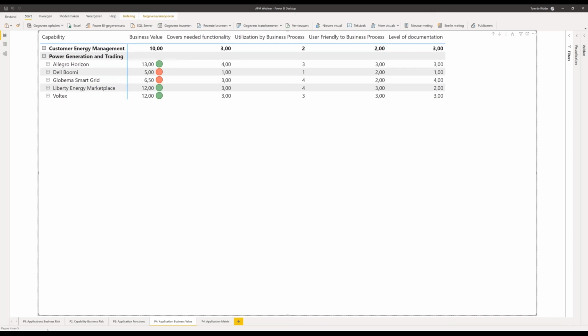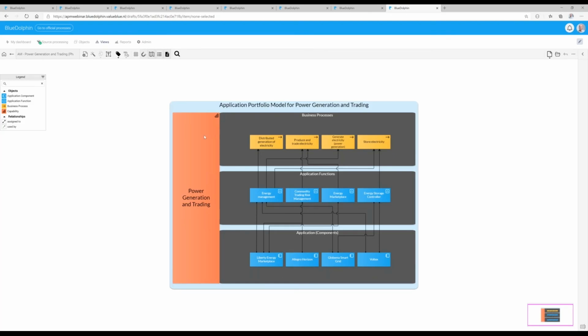Now that we have connected the business processes as well, we can also go and finish our application portfolio management model for power generation and trading. And we have a full stack of applications and application functions and business processes connected. Because we have applications connected to application functions, connected to business processes, and the business risk is calculated per application,